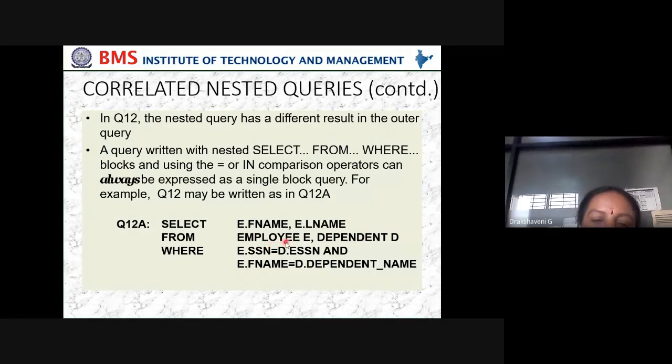So the same way: employee E, then dependent D, where SSN equals ESSN and first name equals dependent name. This is how we write the same query we wrote before using a nested query, but without using a nested query.